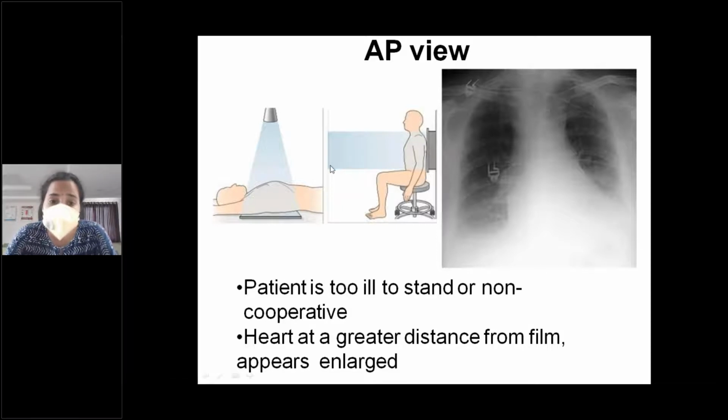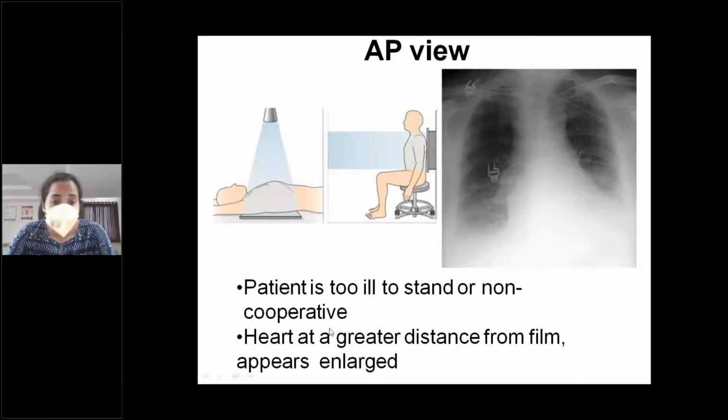What actually happens in this anteroposterior radiograph is that the heart is slightly anteriorly placed, and because of this projection, it tends to give an apparent increase in the size of the heart. So almost always there is an increase in the size of the heart, and you should not comment cardiomegaly even if you strongly think that there is enlargement of the cardiac shadow. An AP view is not the right film for you to comment on cardiomegaly. You always have to have a PA film in order to comment on cardiomegaly.